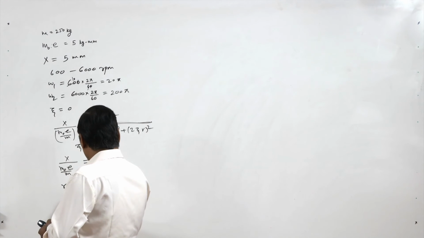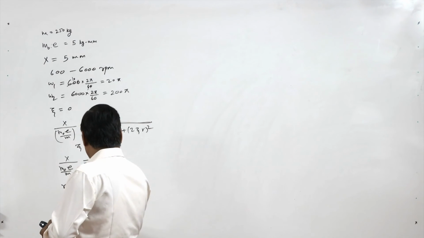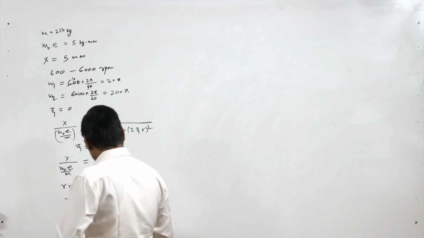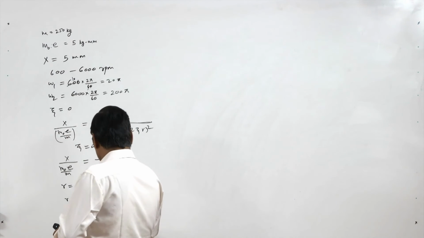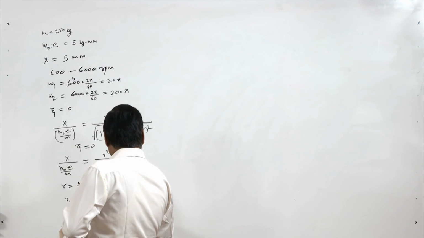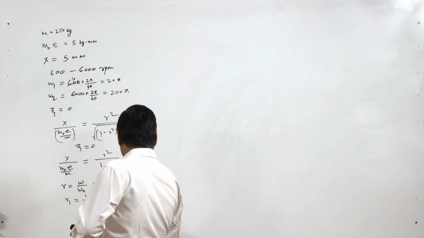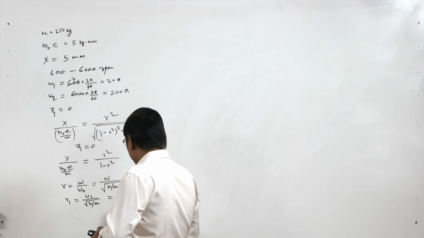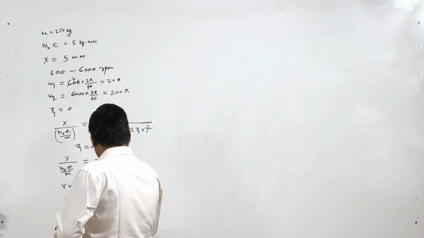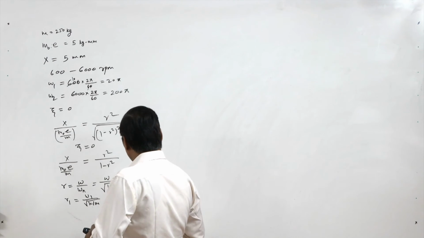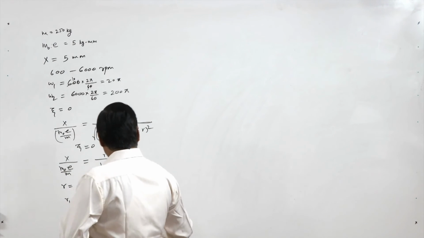So we can have, let's say, r1 equal to omega 1 by root k by m. So that is equal to 20 pi upon root k by m, let's say k is k1 here. So m is 250,